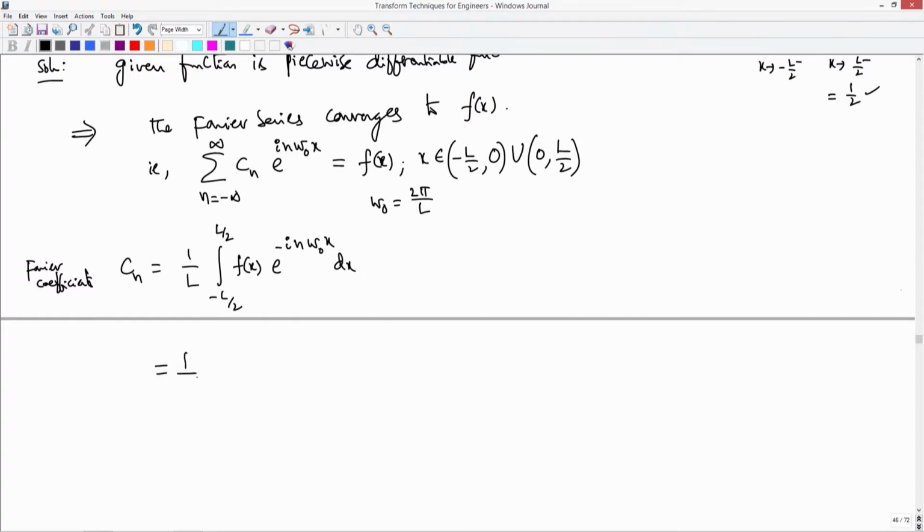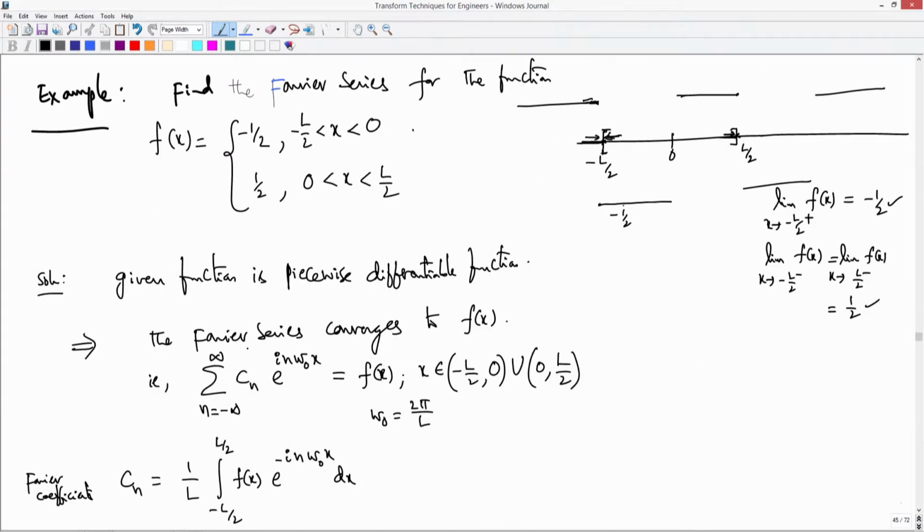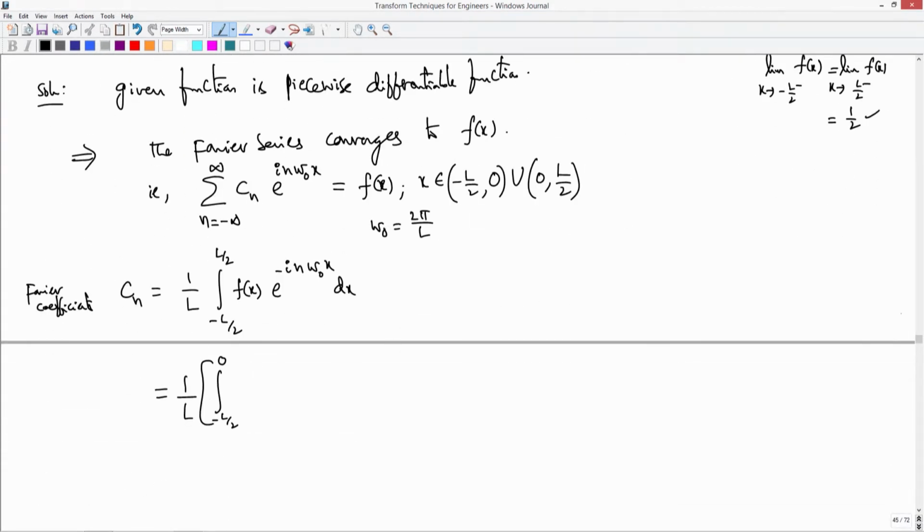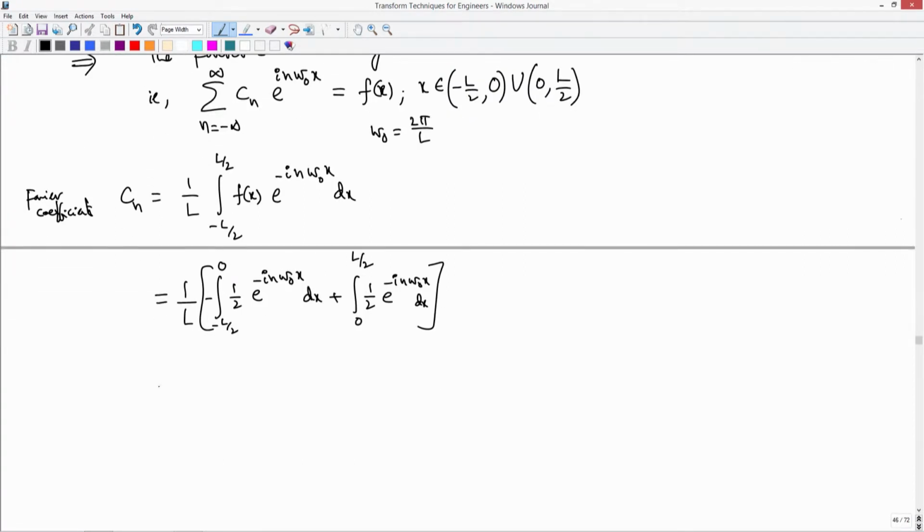So, if you calculate 1 by L, you can write this as the integral from minus L by 2 to 0, where f(x) is minus half, so this is minus half e power minus i n omega naught x dx, plus the integral from 0 to L by 2, where it is plus half, half e power minus i n omega naught x dx. So, I just split this integral into two parts. So, what you get is 1 by L minus 1 by L,